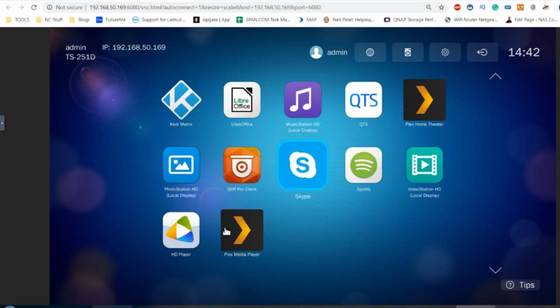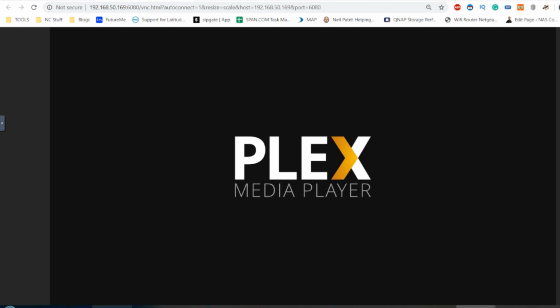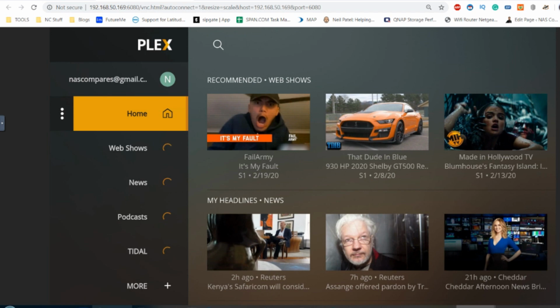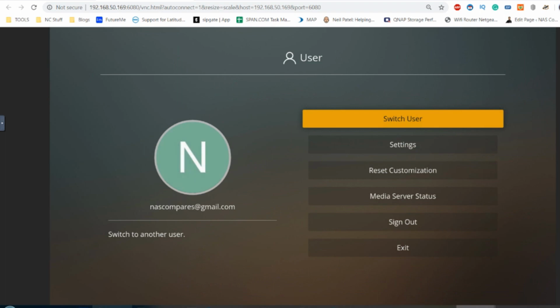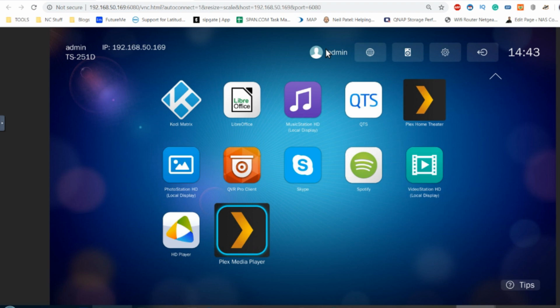If we go to Plex Media Player, we can then set up and access a Plex Media server, something that via HDMI is incredibly desirable. And the ability for us to access our multimedia as a Plex Media server library via HDMI, and therefore accessing the incredible fast access of 4K locally compared with the internet or the network, cannot be understated. And on top of that, there are lots of ways in which you can interact with your Plex albums and online access platforms. So if we log out here and exit that application, we can carry on back at the